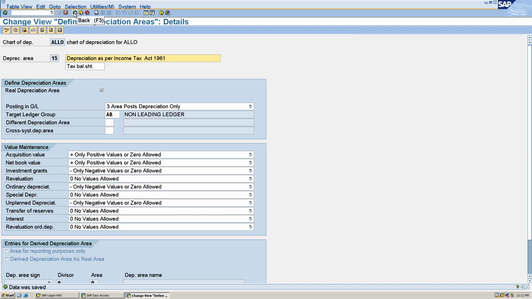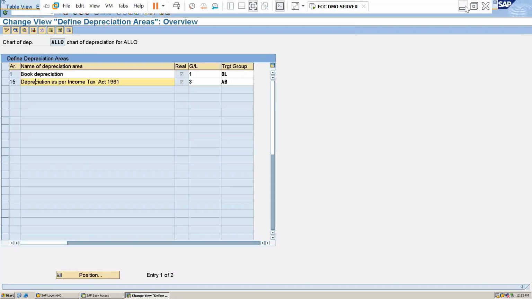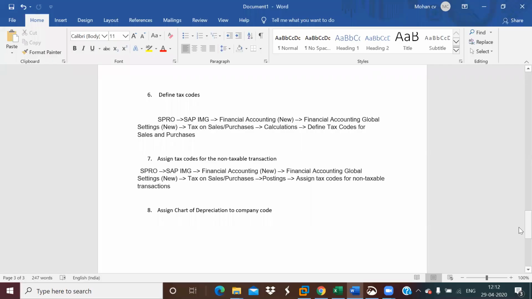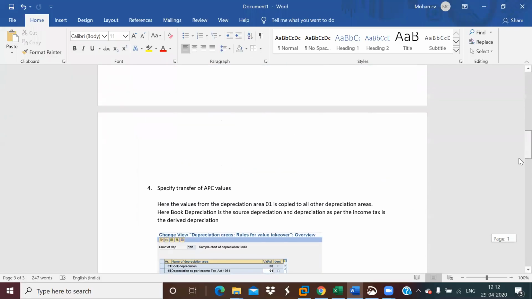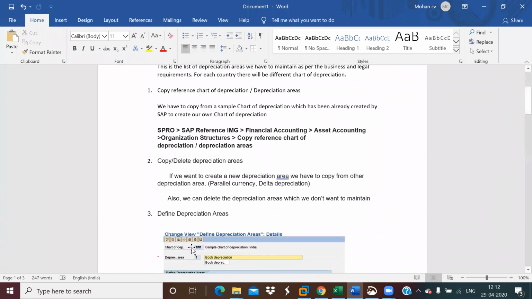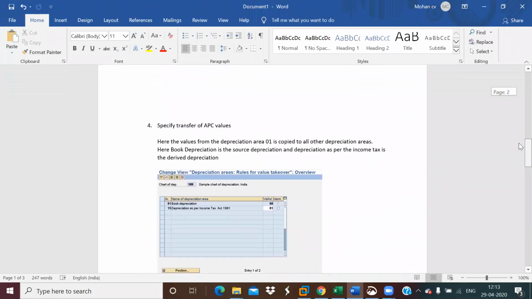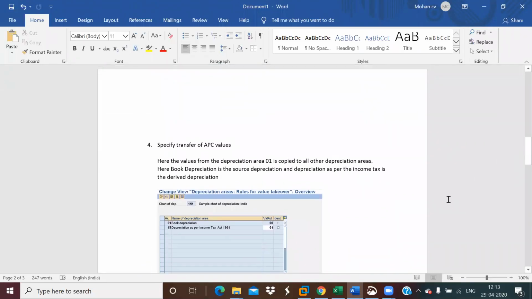Okay, and come back. Next, what we have to maintain. We have defined the depreciation area. Now, next we have to specify transfer of APC values.